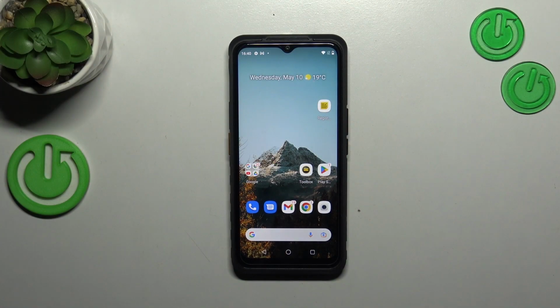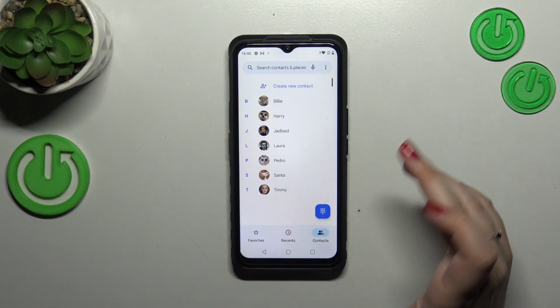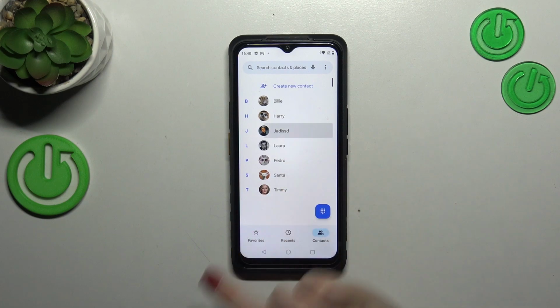So I'd like to show you two different ways to block a number. First of all, we will block a number which is currently saved on your device in your contact list, and the second way is by using the settings in which you will be able to enter the number manually. So let's start with your contact list, find it, open it, find the contact you'd like to block and